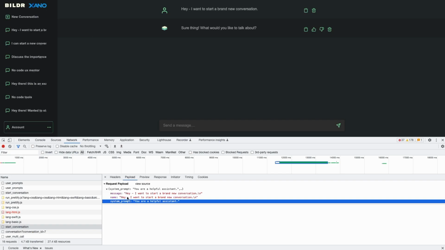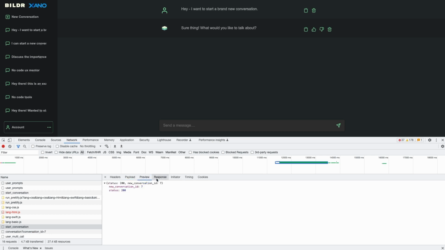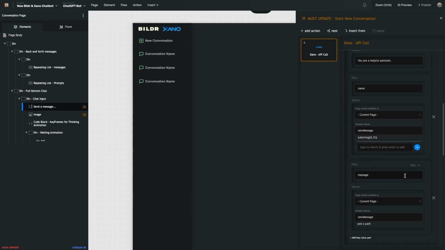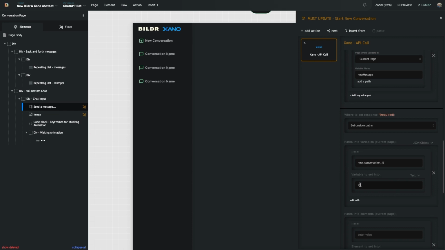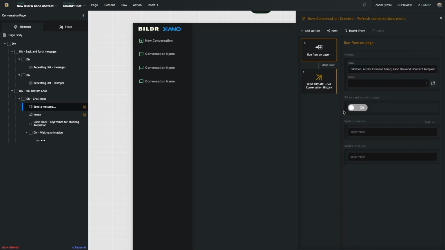And so if we look again, this is the information that we sent. And then on our response, we can see status 200 means it was successful. And we see our new conversation ID. And so that new conversation ID, again, if we recall, I set into the variable ID. So now it's available for us to use in Bildr variables here later on,